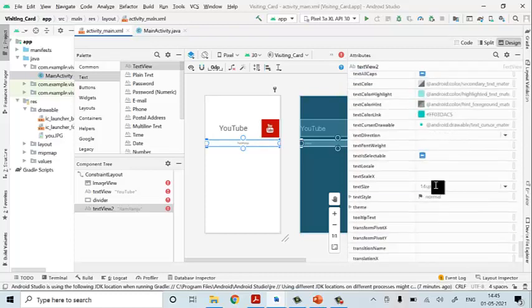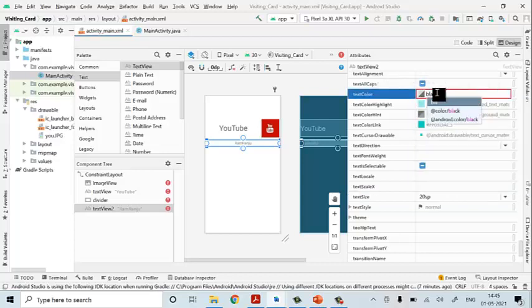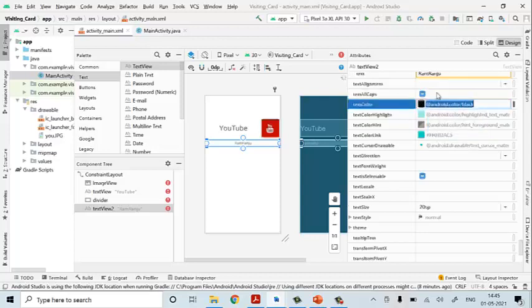Now it is 14 SP, I'll select 20 SP. Now it is selected. Now, text color I want to change. So there is an attribute called text color. I'll write black, color black, and select it. Now you can check it out. You got it, black color.